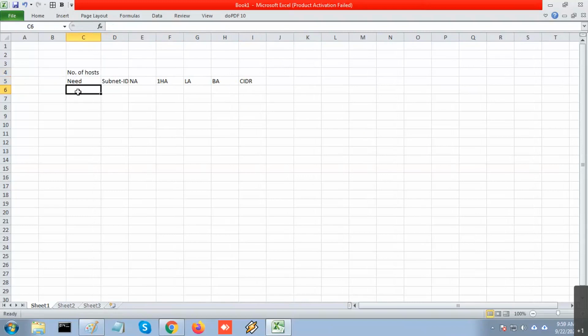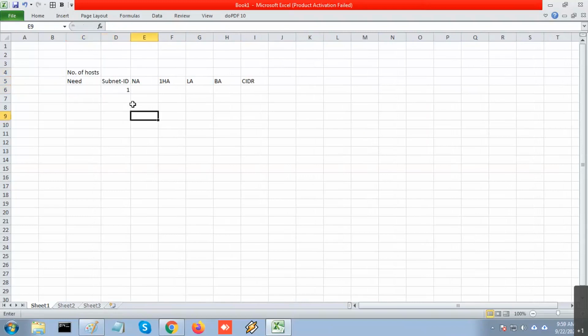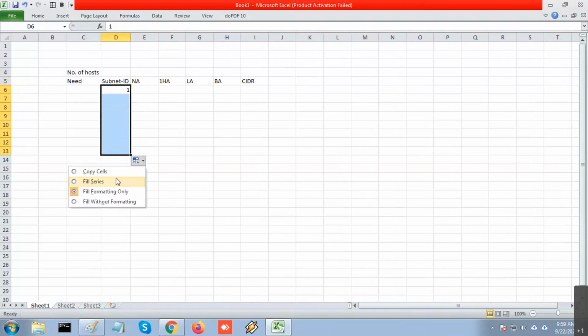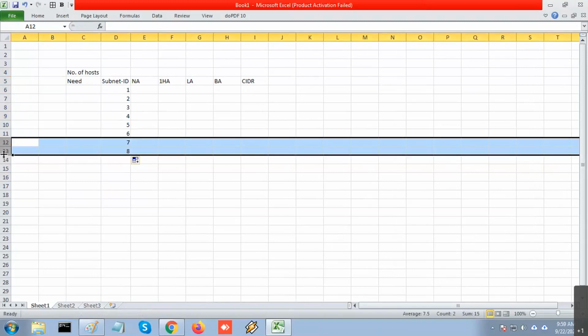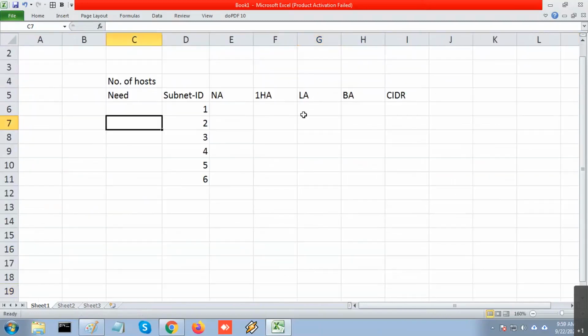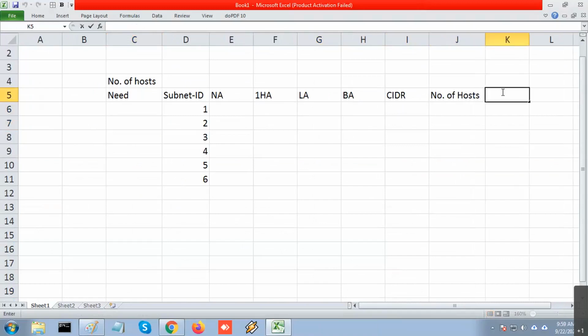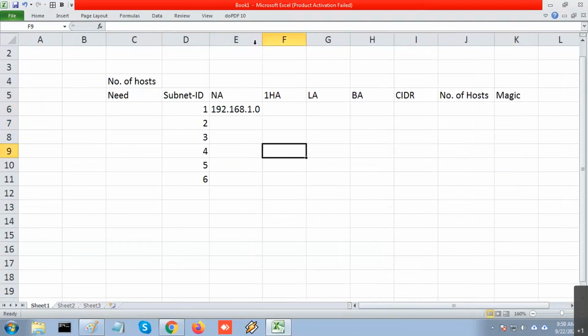So, how many subnets am I going to create? 6 subnets. 1, 2, 3, 4, 5, 6. Now, what is the CIDR and how many hosts am I going to give? What is the magic number? The requirement is the network address is 192.168.1.0. The last address is